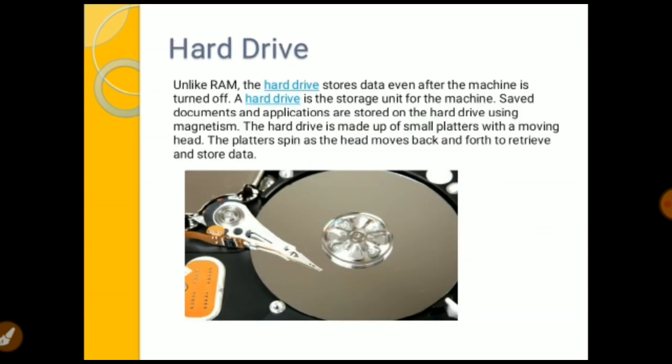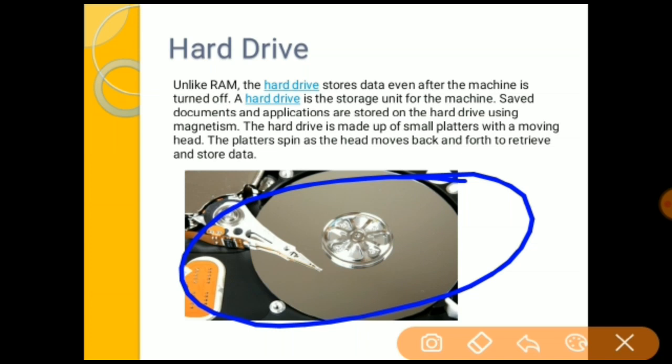Okay. Next one is hard drive. Unlike RAM, a hard drive stores the data even after the machine is turned off. This means RAM and hard drive both basically store your data, but the only difference is that in RAM you cannot keep the data after your computer is turned off, right? But in a hard drive you can easily keep your data even when your system is turned off. And this is the picture of your hard drive. In the next slide,